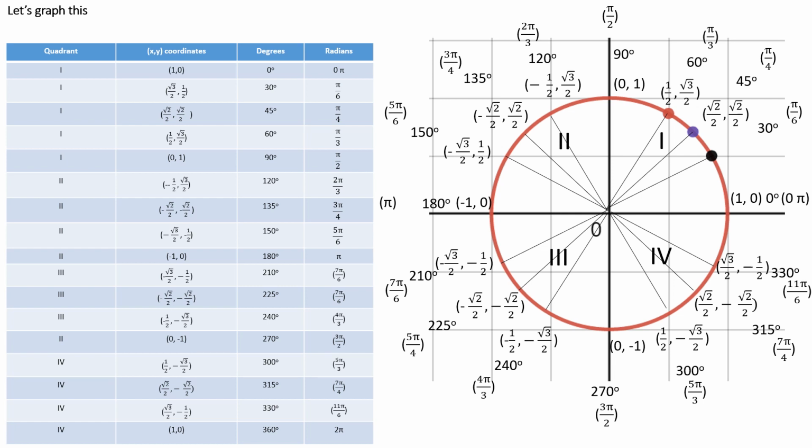Now, we can also coordinate this, again, by looking at the coordinates. For example, at 45 degrees, the x coordinate is cosine. The sine is the y coordinate. So the distance from the center to that point of the circle horizontally is the square root of 2 over 2,